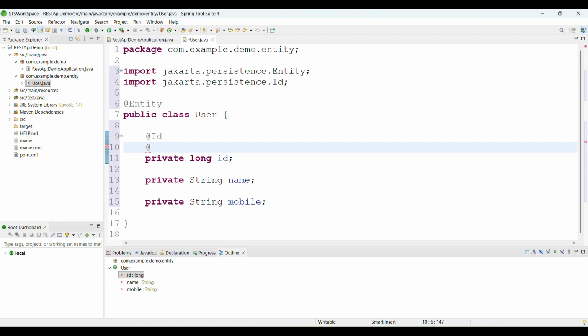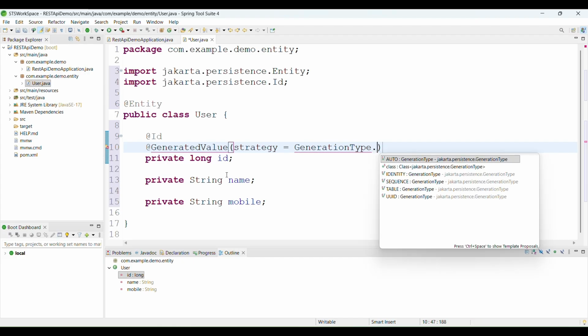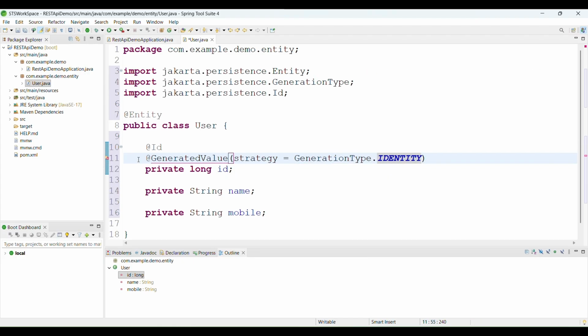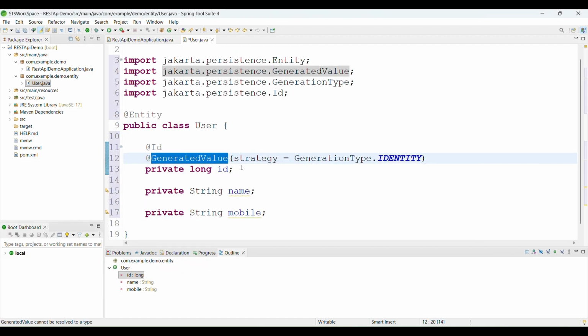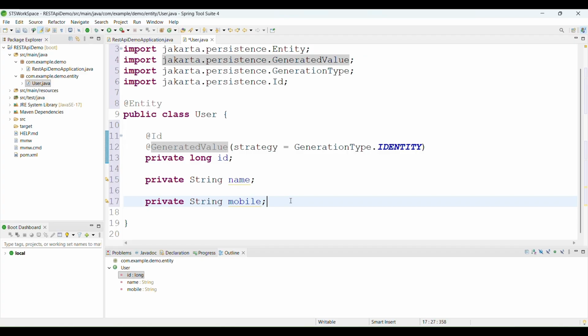So for that we will use @GeneratedValue, and the strategy will be GenerationType.IDENTITY. So the id will be automatically generated whenever we persist the data into the database. The id is auto generated, and name and mobile number we have given,